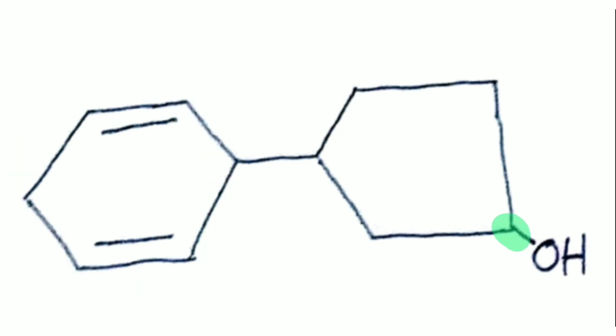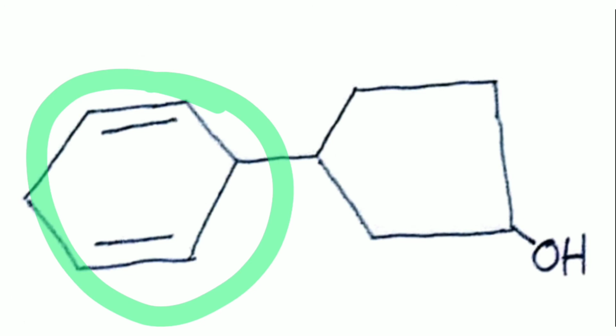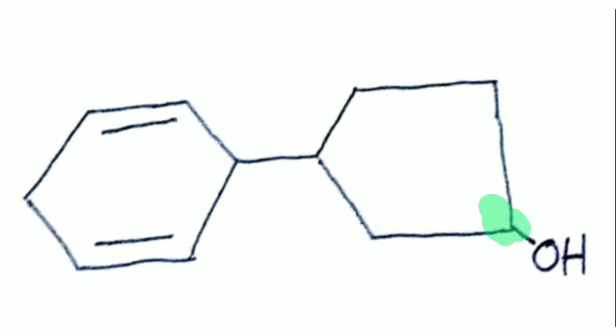So basically, the carbon consisting of the functional group, we'll give it number 1 locant. Therefore, let's start our numbering. So we're getting a lower locant if we start our numbering in this way, guys, because our substituent gets locant 3 if we start our numbering in the clockwise direction from the carbon consisting of the functional group. But if we start our numbering from the anti-clockwise direction, then the substituent is getting locant 4, whereas in the clockwise direction it's getting locant 3. So we're going to go with that numbering which is giving a lower locant to our substituent, and that will be numbering in the clockwise direction. So our OH group here gets locant 1, of course, that is for sure. Then our substituent gets locant 3.